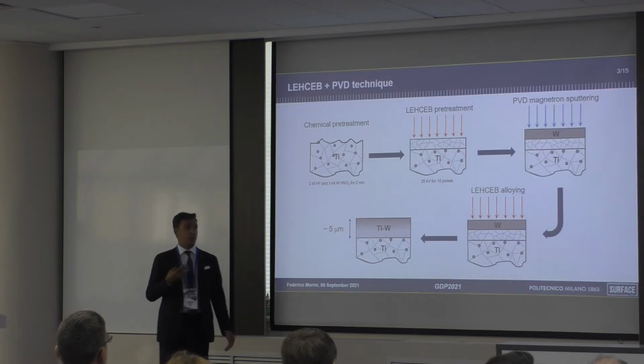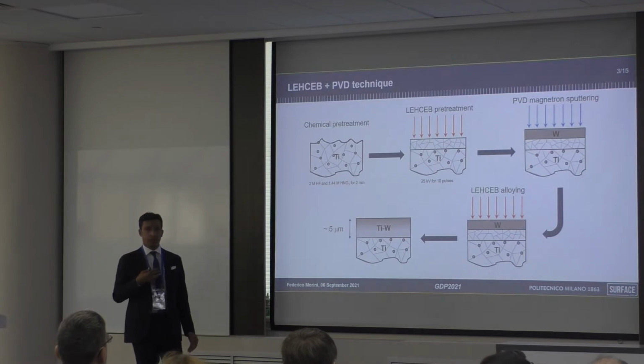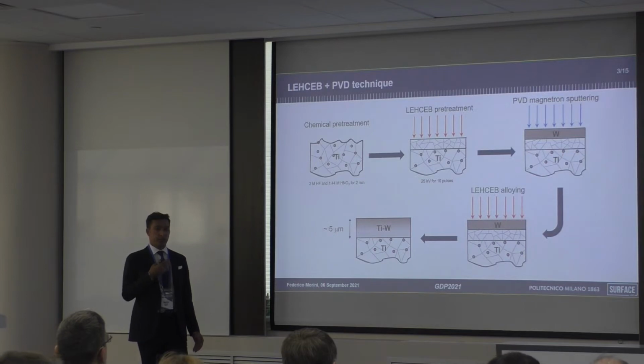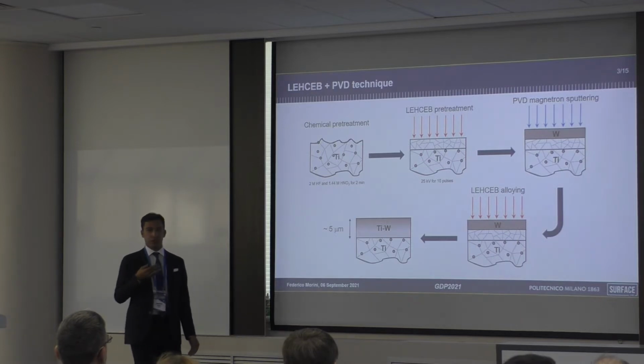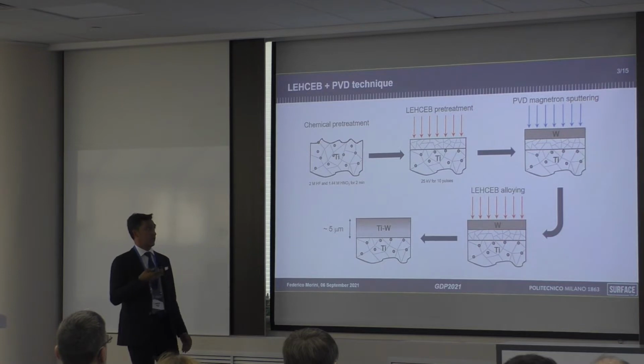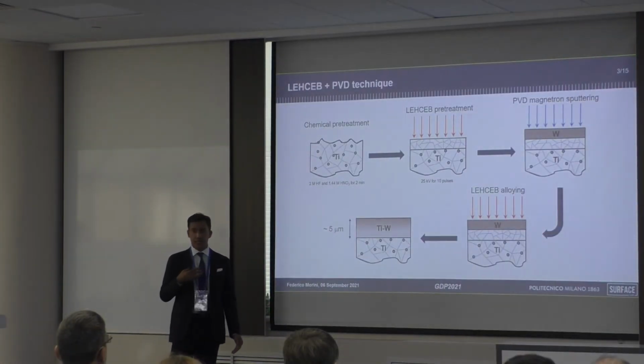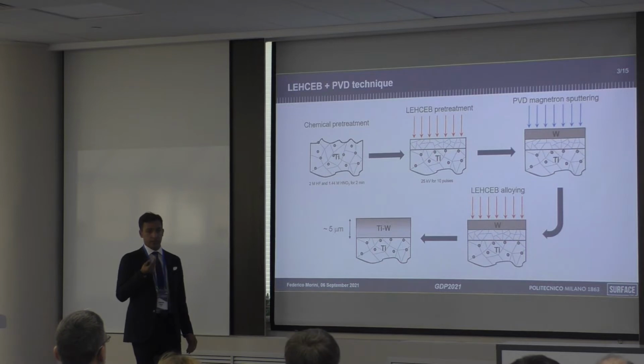But the problem of chemical etching is that it's going to produce rough and discontinuous surface. So in order to have a smooth and continuous and more homogeneous surface, we did an electron beam treatment with low energy current electron beam gun for 25 kilovolts and 10 pulses in order then to smoothen and also to remove from the inner layer of few micrometers some possible contaminants and inclusions that could